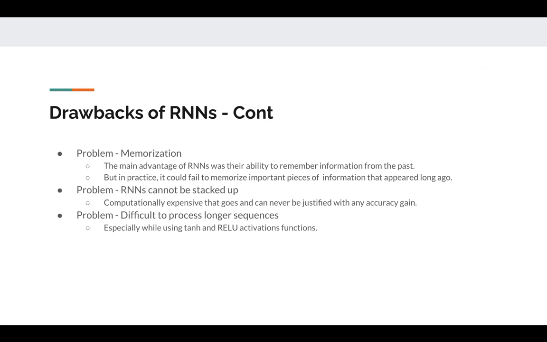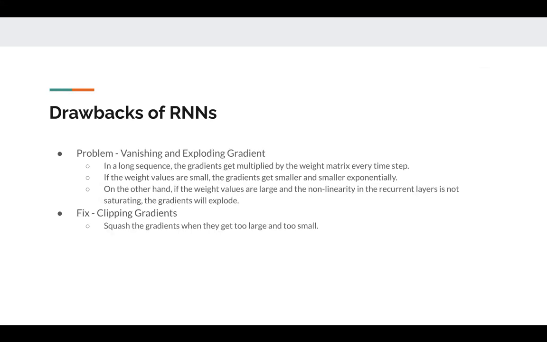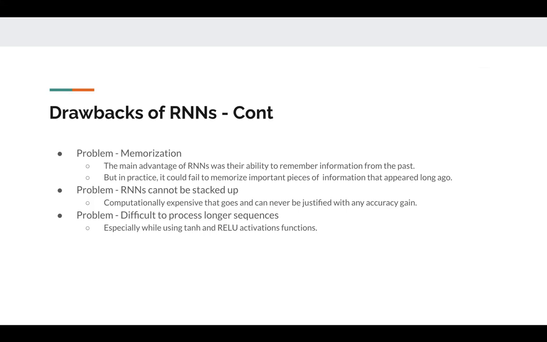This is the simple RNN, right? So let's say we are stacking up an RNN on top of this. This is the one and we are stacking on top of it. So the output of this RNN will be the input for the next RNN. But from the previous slide, whatever we discussed, because of vanishing and exploding gradients, the training becomes complicated even for one layer. And imagine we are stacking one more layer on top of this.